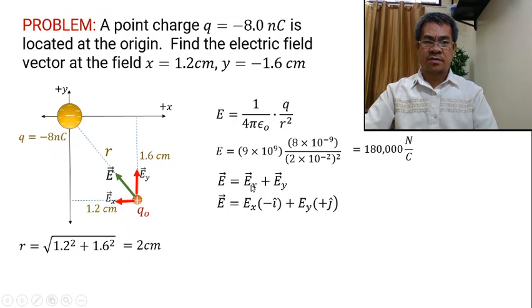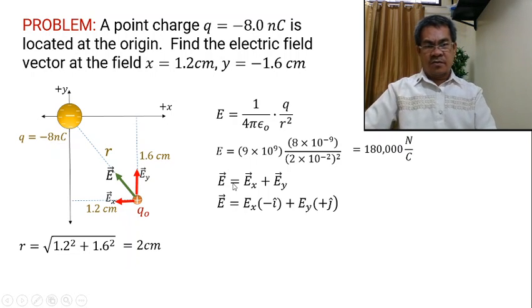Take note that the x component of E can be expressed in terms of the unit vector by finding its magnitude along X. And we have this negative i hat, because this is moving towards the negative x-axis. Take note that towards the right is positive, towards the left is negative. And we use i because the unit vector assigned to the x-axis is i hat. And this one is the magnitude of EY, the component of the electric field along Y, multiplied by the unit vector j hat, because this is upward. That's it. So, we can solve for the vector if we have EX and EY.